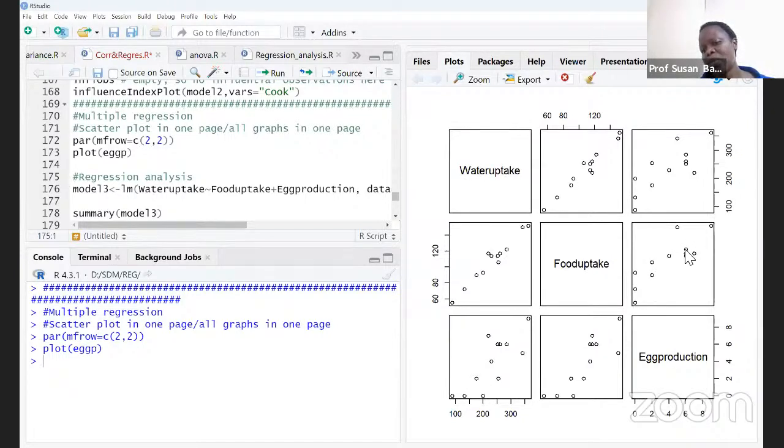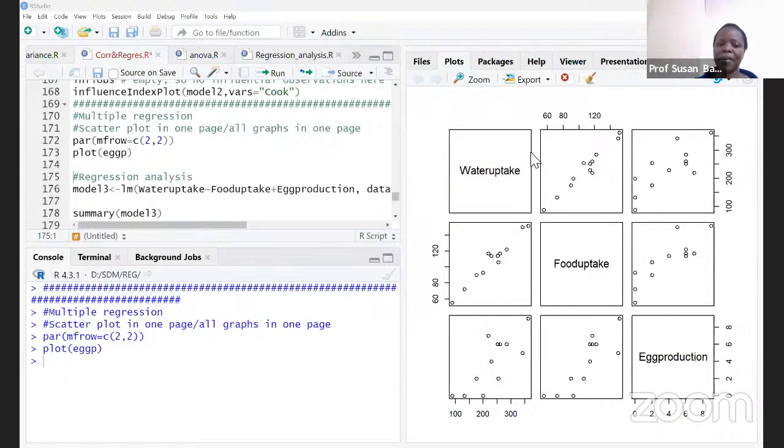What type of relationship do you observe between food uptake and egg production? Let's see in the chat. Okay, people are saying linear, linear, linear. Great, it is linear. Positive linear. Thank you very much. So in your project, in case you're going to use regression, the first thing you do is construct a scatter diagram,